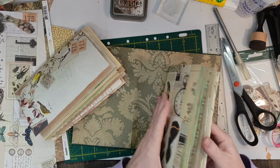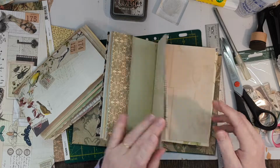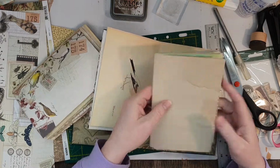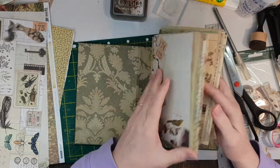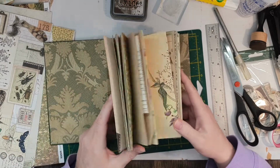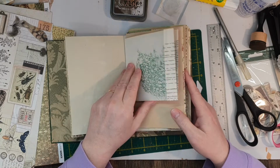So for today, that's got the same in there, and the Edith Holden page is that one in the middle. And there's a single Edith Holden one as well, with birds and all that kind of stuff on there. So what I'm going to be doing today, I had to sort through the papers before I could go on to the next step. I still want to make an envelope for there, but because I was sorting through these, if you go back onto some of my older videos, the gnome journal,